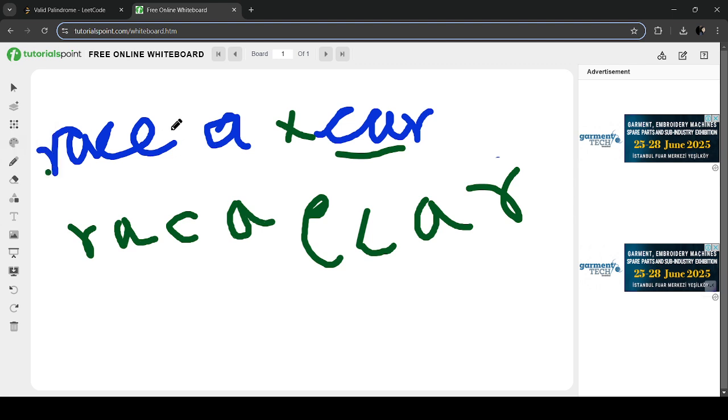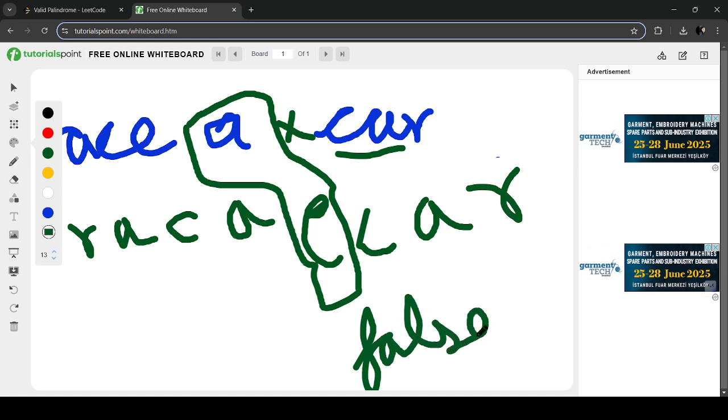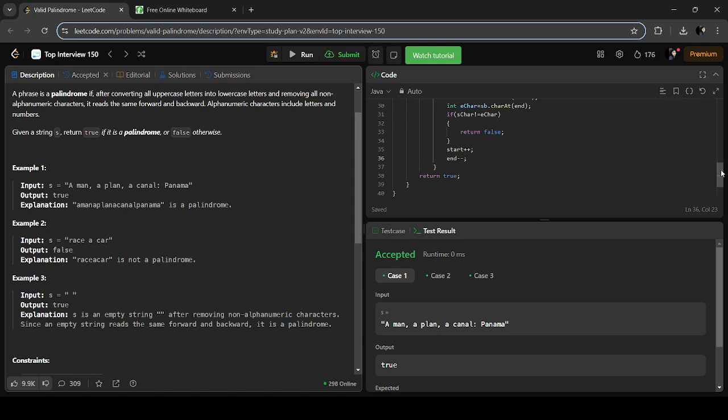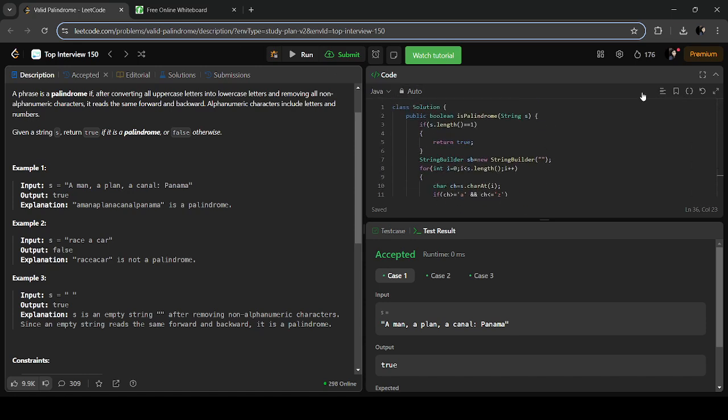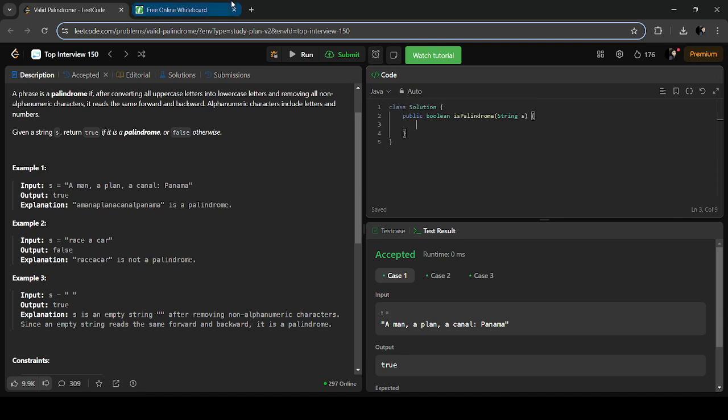No. See, here it became different. So this is false. What is my mind saying to me? Is this a simple question? Yes. I did code it before, but I'll delete everything and start again.